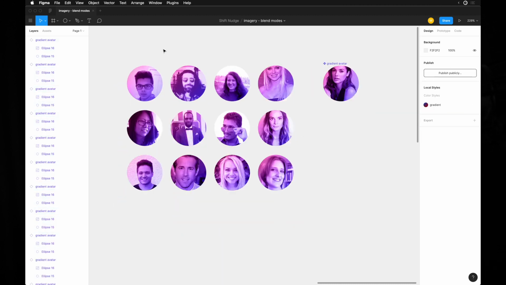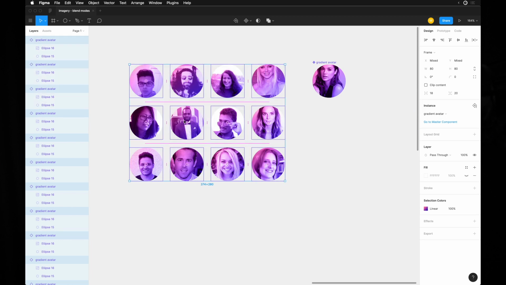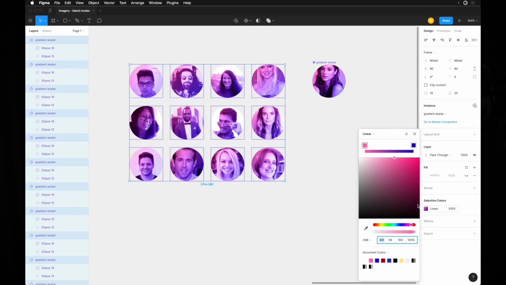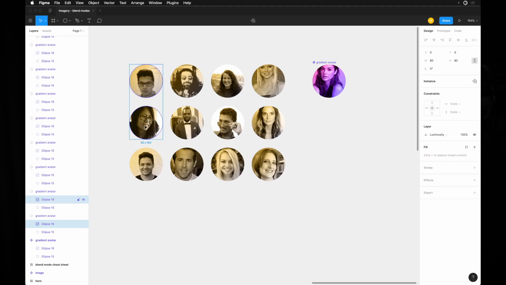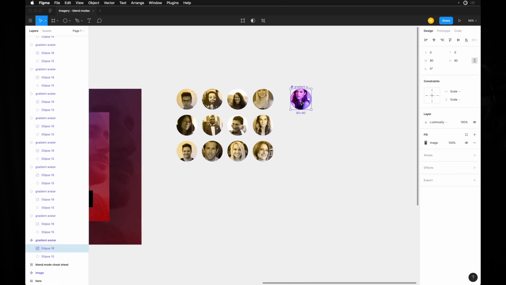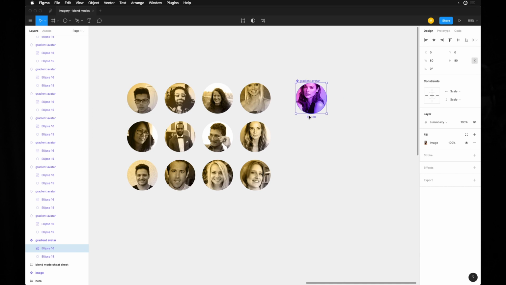So because they all have that same base, now you can see the selection colors popping up, and we can go in here and change the entire look of the entire avatar just by changing that base layer. Because it's at luminosity, it's always gonna shine through the bottom. It's gonna shine through the photograph. And we can go in here and Command click and select all of this again. Actually, we can just Command click the master symbol or the master component, and you could go in here and change it if you wanted to multiply,